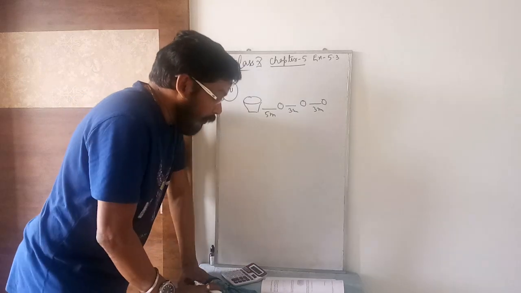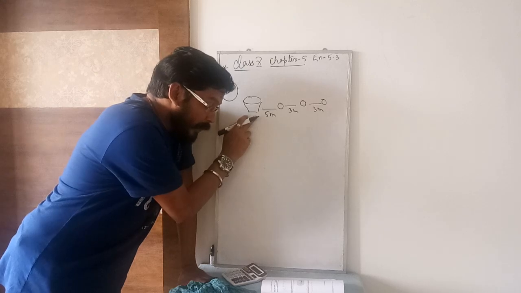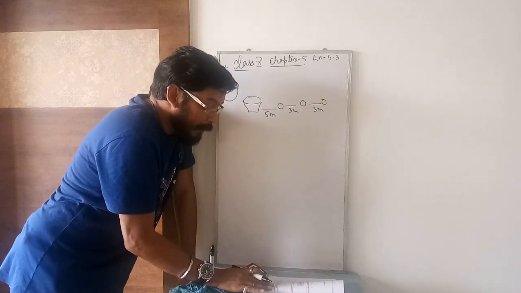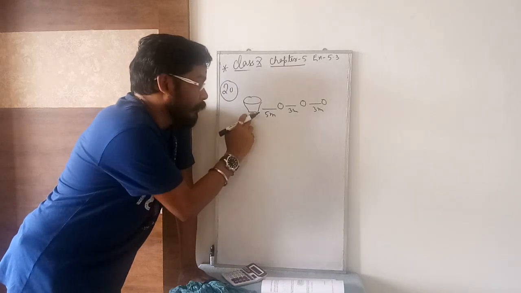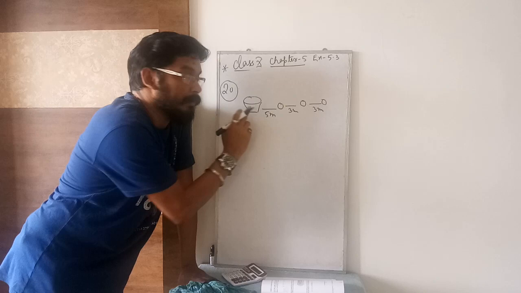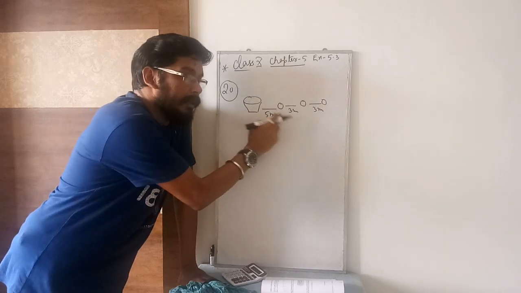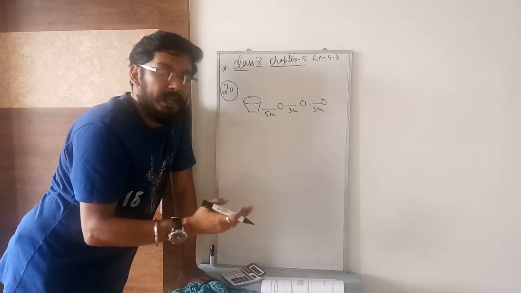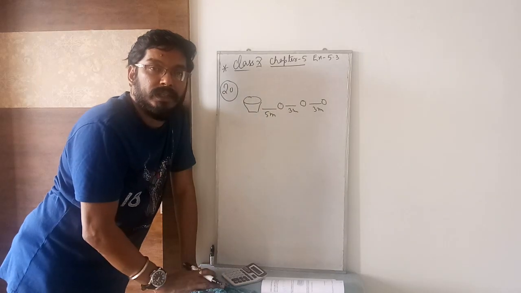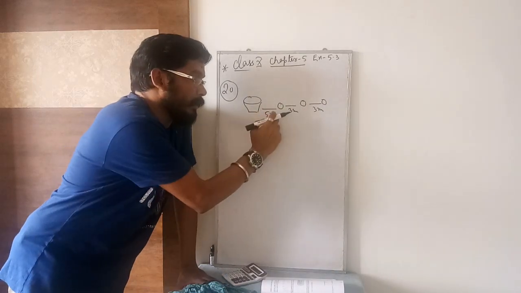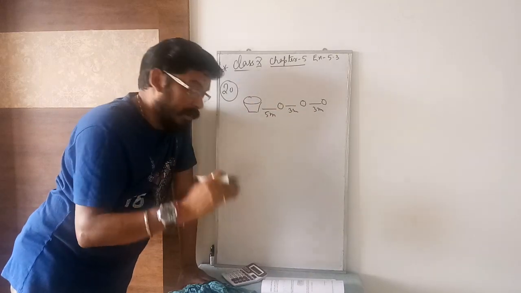So what is the rule? A competitor starts from the bucket, picks up the nearest potato, runs back with it and drops it in. She will go from here to here, pick the potato and come back. So how much total distance is covered? 5 plus 5, going 5, returning 5, so 10. For the next one, 5 plus 3 is 8, 8 plus 8, total distance 16. For the third one, 11, so 22, the total journey going and returning.